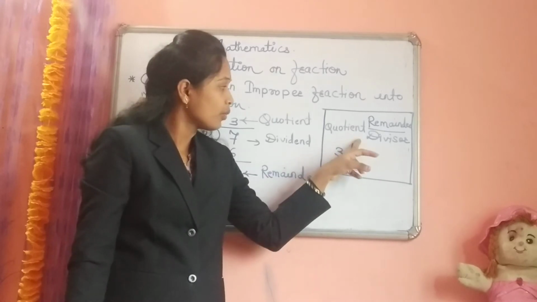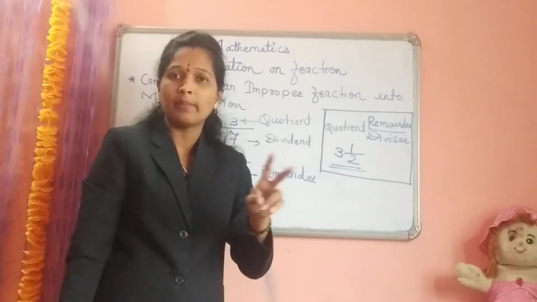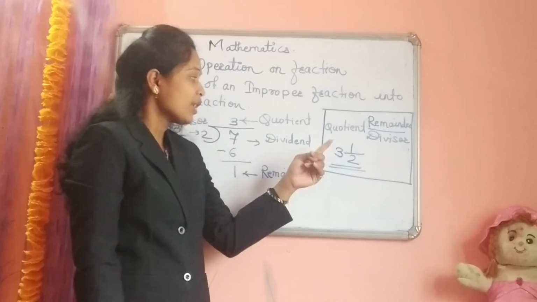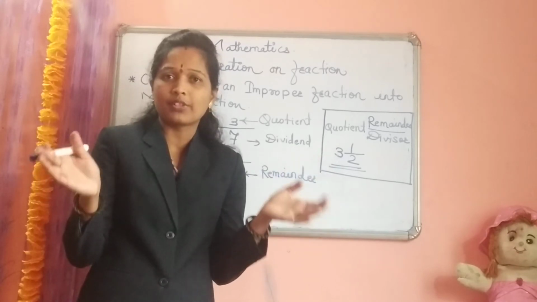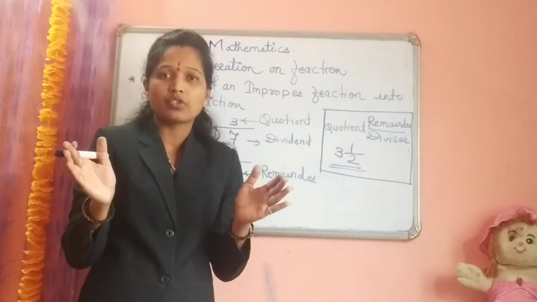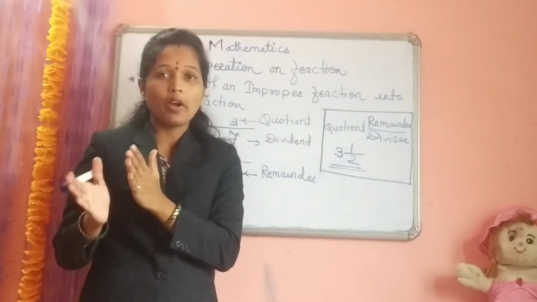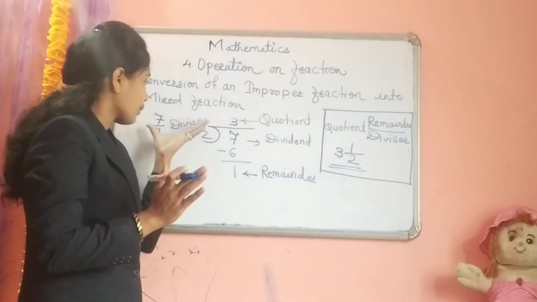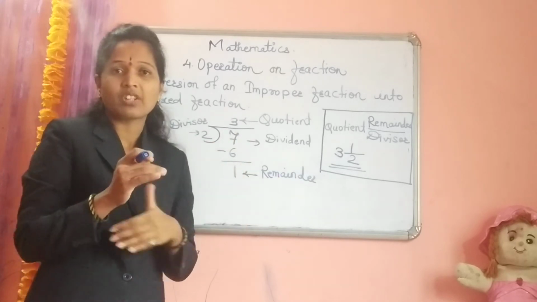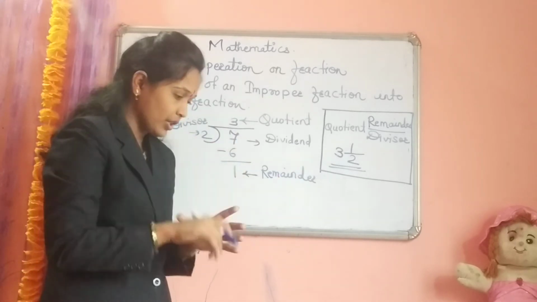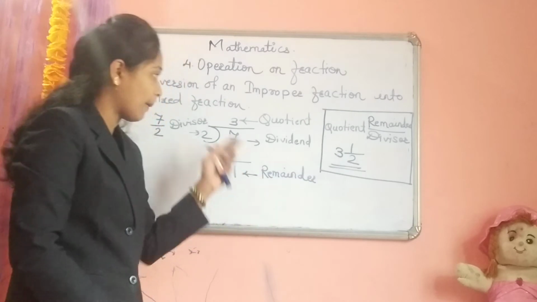You have to write down what you have to divide that half chocolate between these 2 students. So whole chocolates, they get 3 chocolates to both the students, and the remaining half chocolate we can divide: half chocolate to the girl and half chocolate to the boy. We can give to those students. In this way, this improper fraction we can convert into mixed fraction. Okay, now all of you got it properly, I think so.